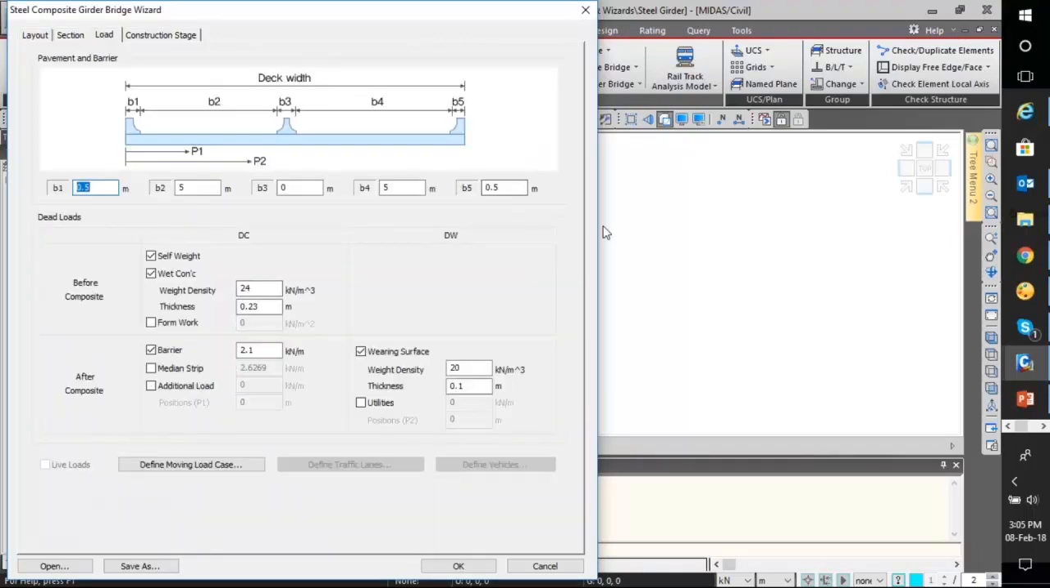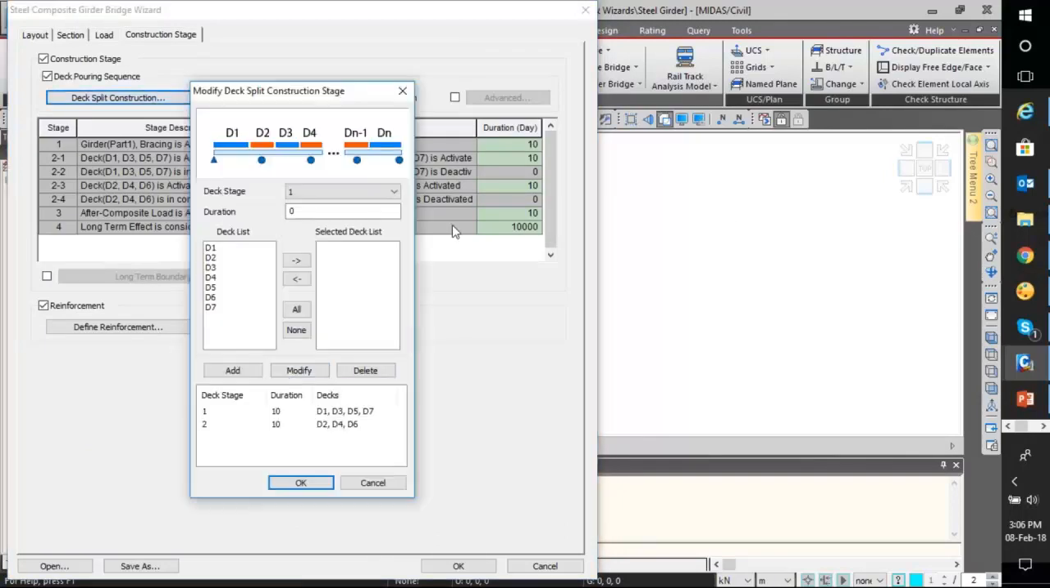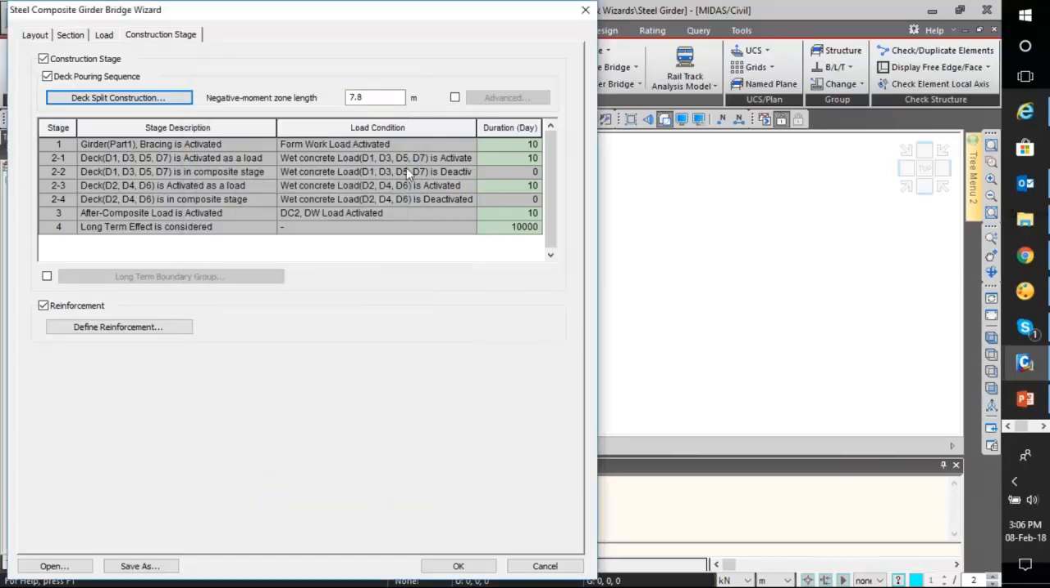Similarly, the load tab and the construction stages. If I talk about construction stages, where the pouring is happening in what stages. First of all, this D1, D3 and D5 would be poured, and then this. I'll show you how this is going to affect. I'll just click OK,